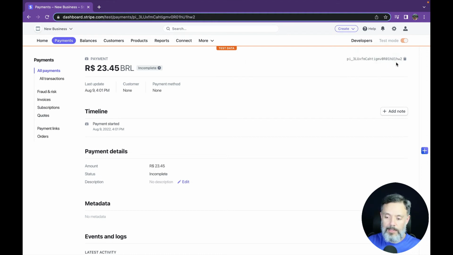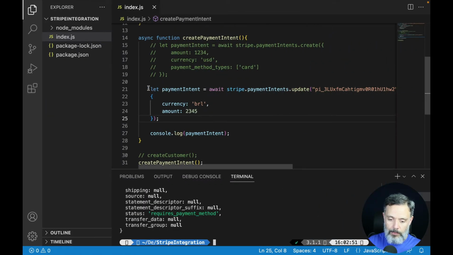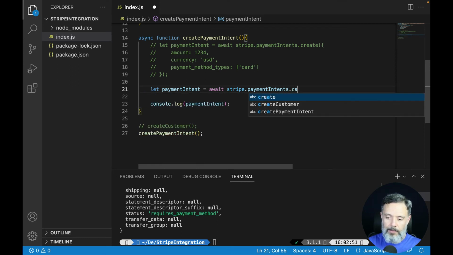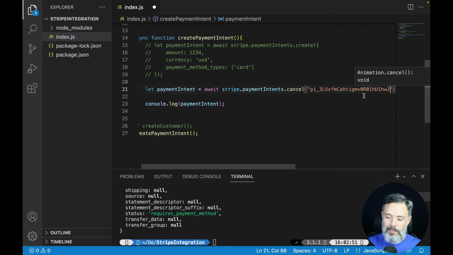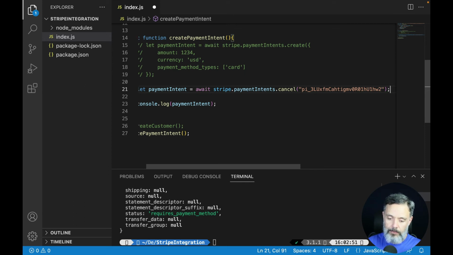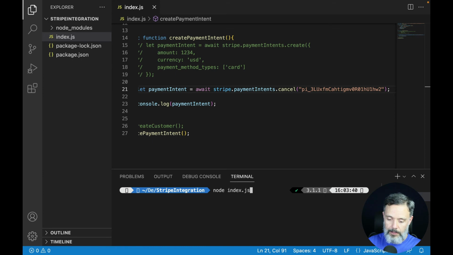We will also once again use the payment intent ID that we have from here. So I'm going to copy it once again, and now we're going to paste it in here, but I'm just going to retrieve this part there, and we're going to cancel. And the cancel method only takes one parameter, which is the ID. So if we run this again, so clear and node index.js,